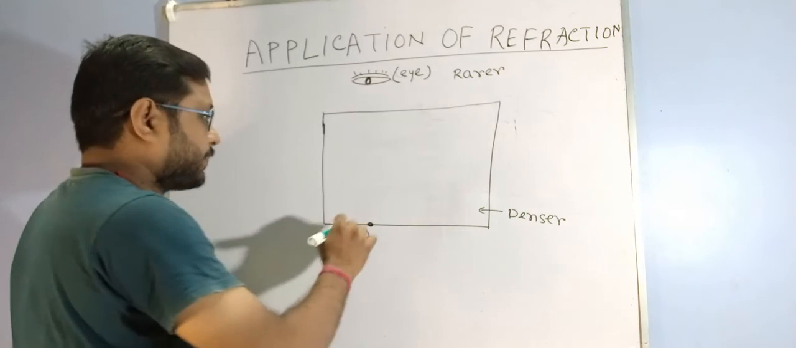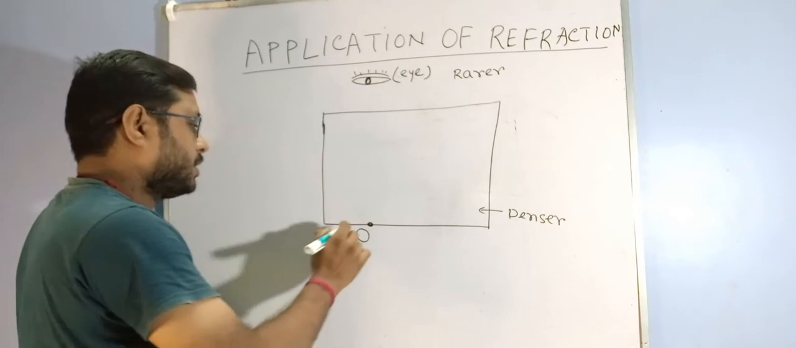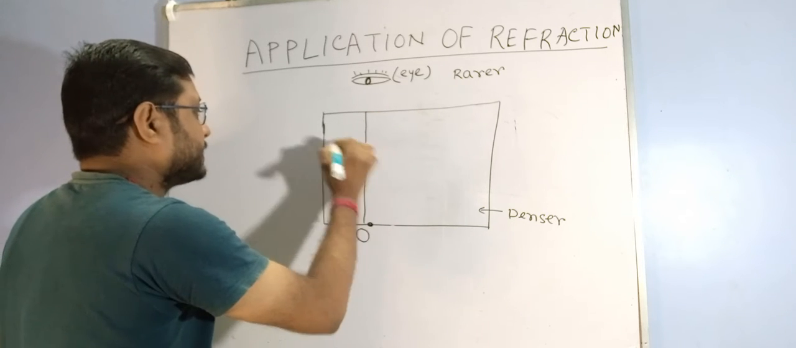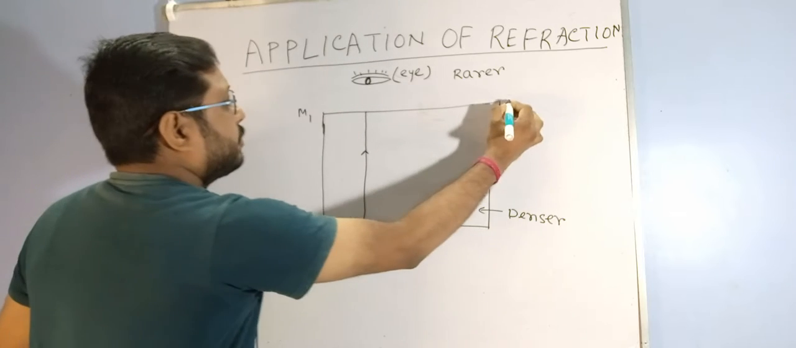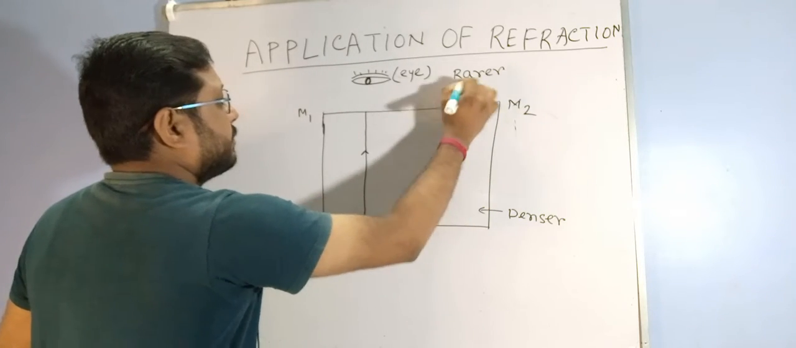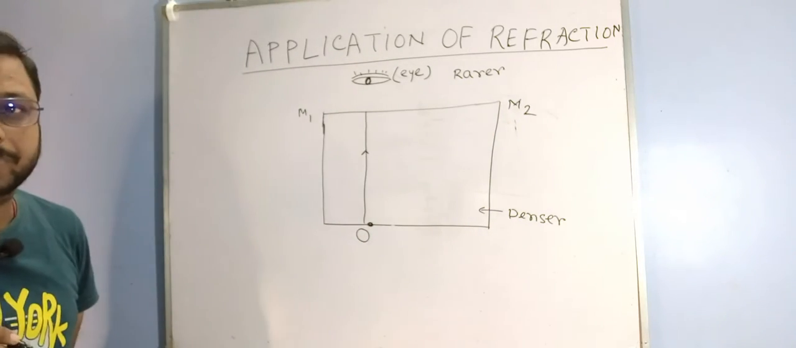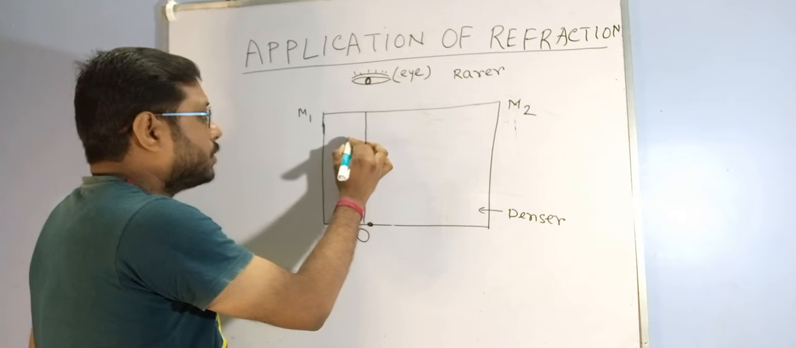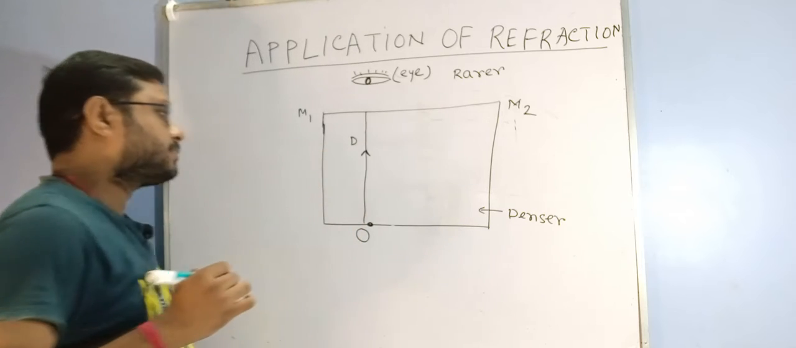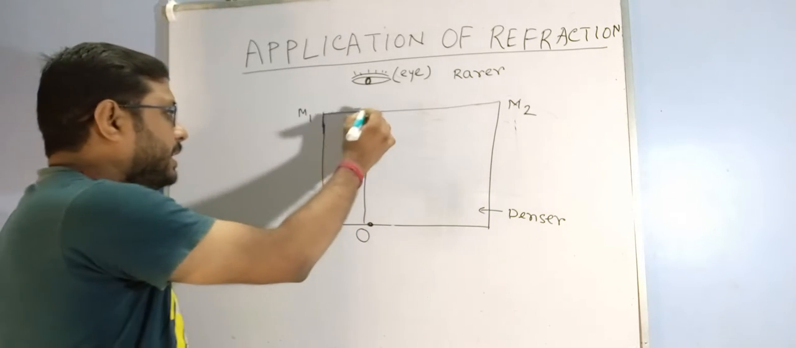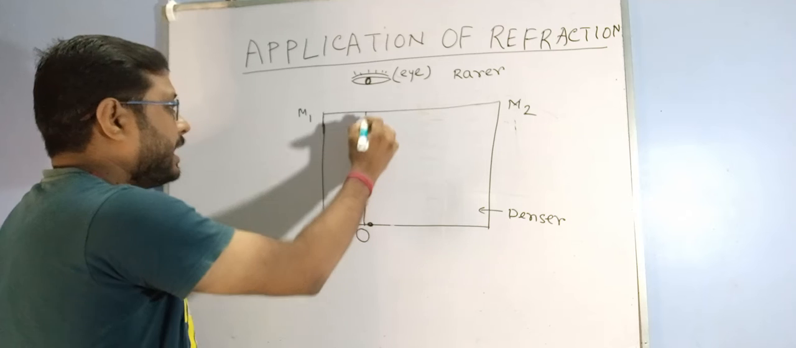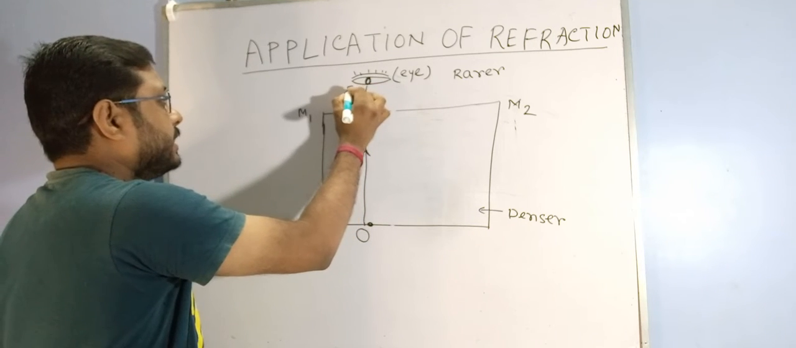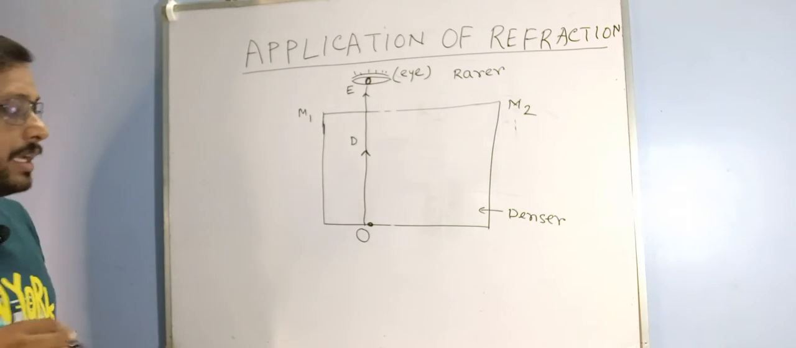Now two rays will be refracted. One is incident normally on the refracting surface. This is M1, M2, the refracting surface between rarer and denser medium. Now a ray OD is incident normally on the refracting surface and reaches our eyes as OE ray, and the other